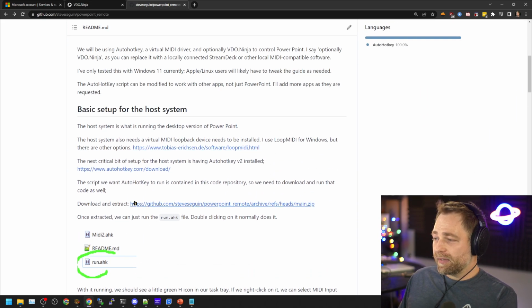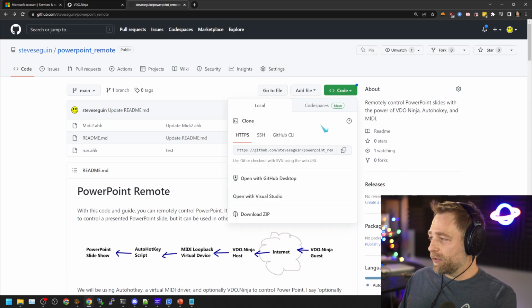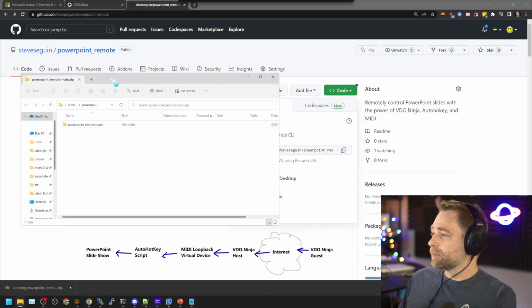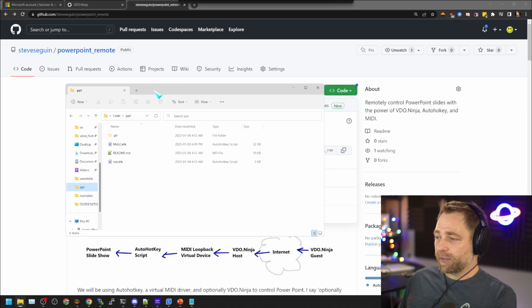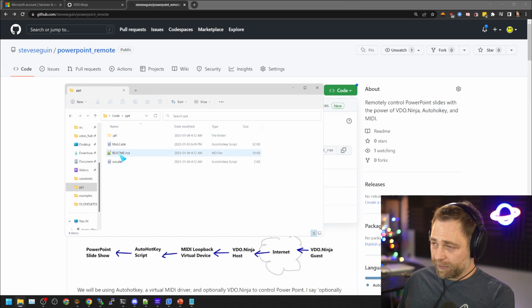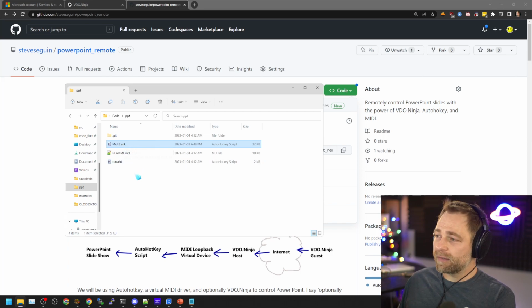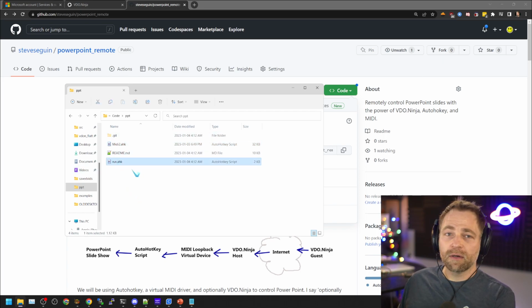Okay, so we need to download the code. We can do that here. Just download, extract, and you're good to go. Once you extract it, the folder looks like this. And this particular AutoHotkey file is a library containing MIDI commands. We don't need to run that. What we do need to run is the file called run,